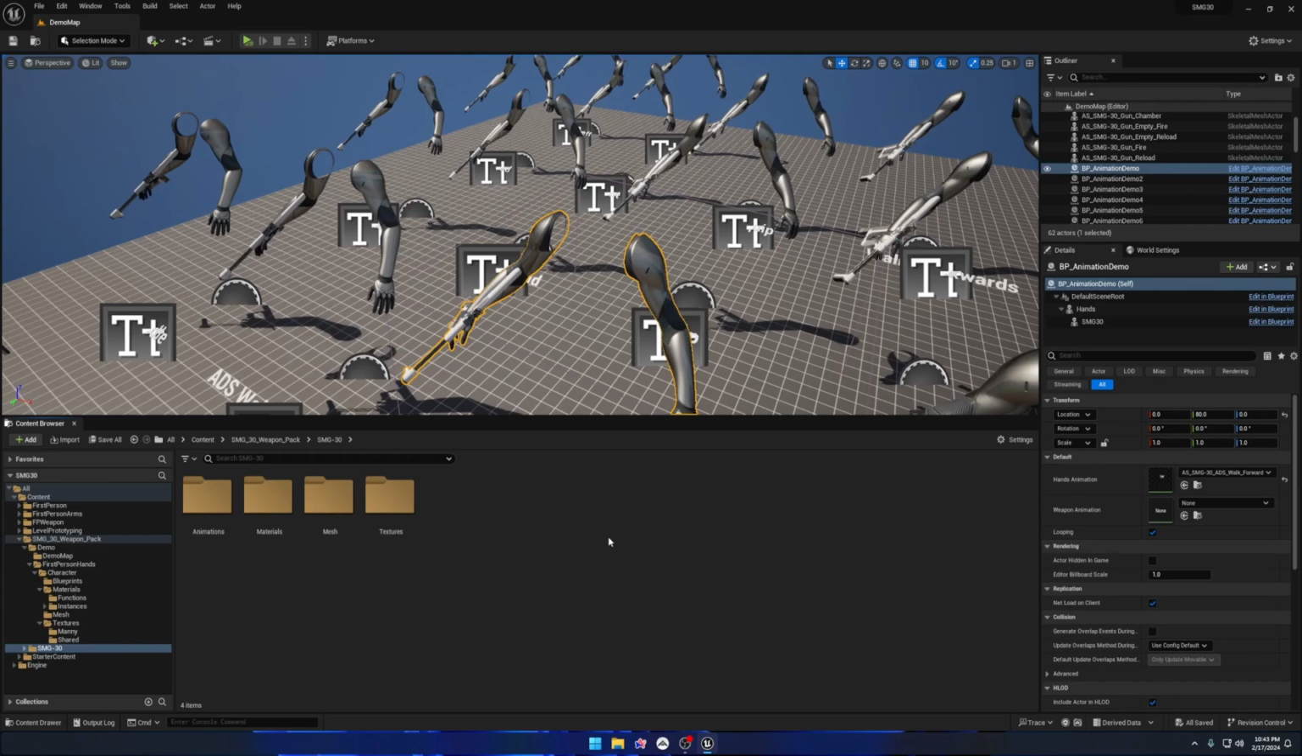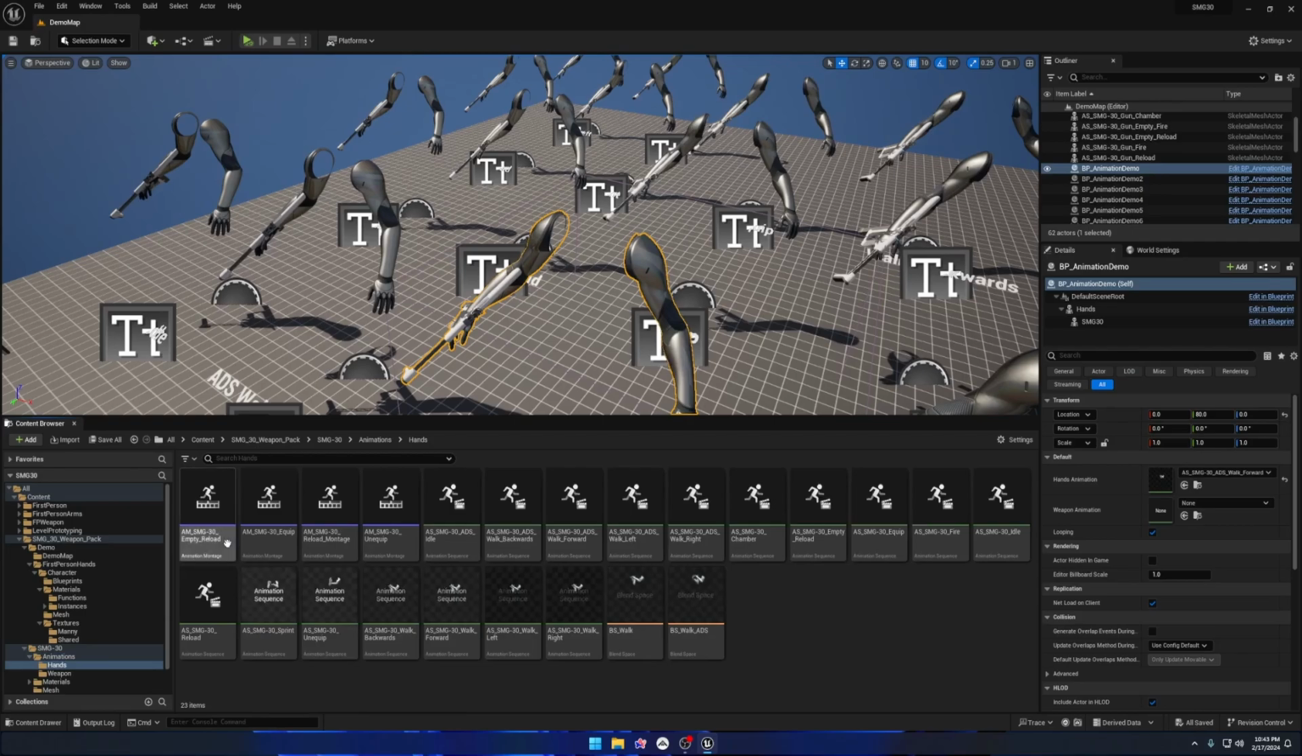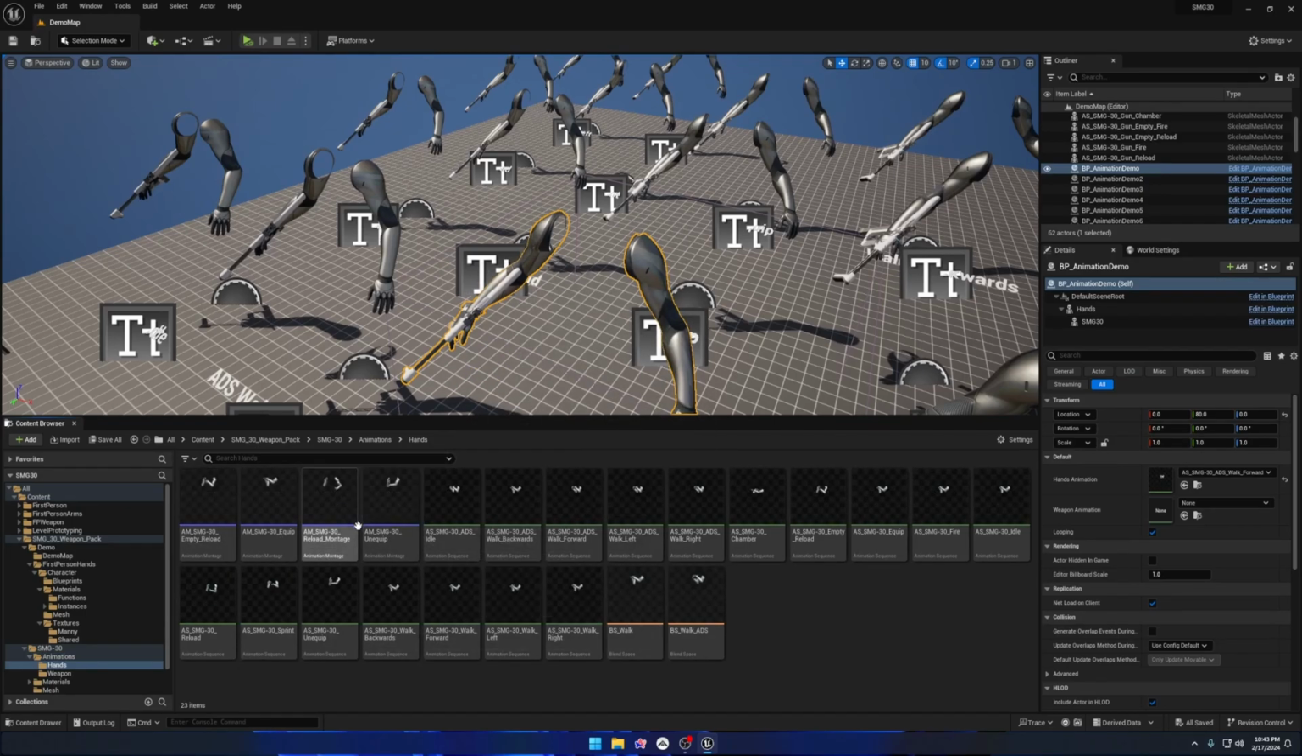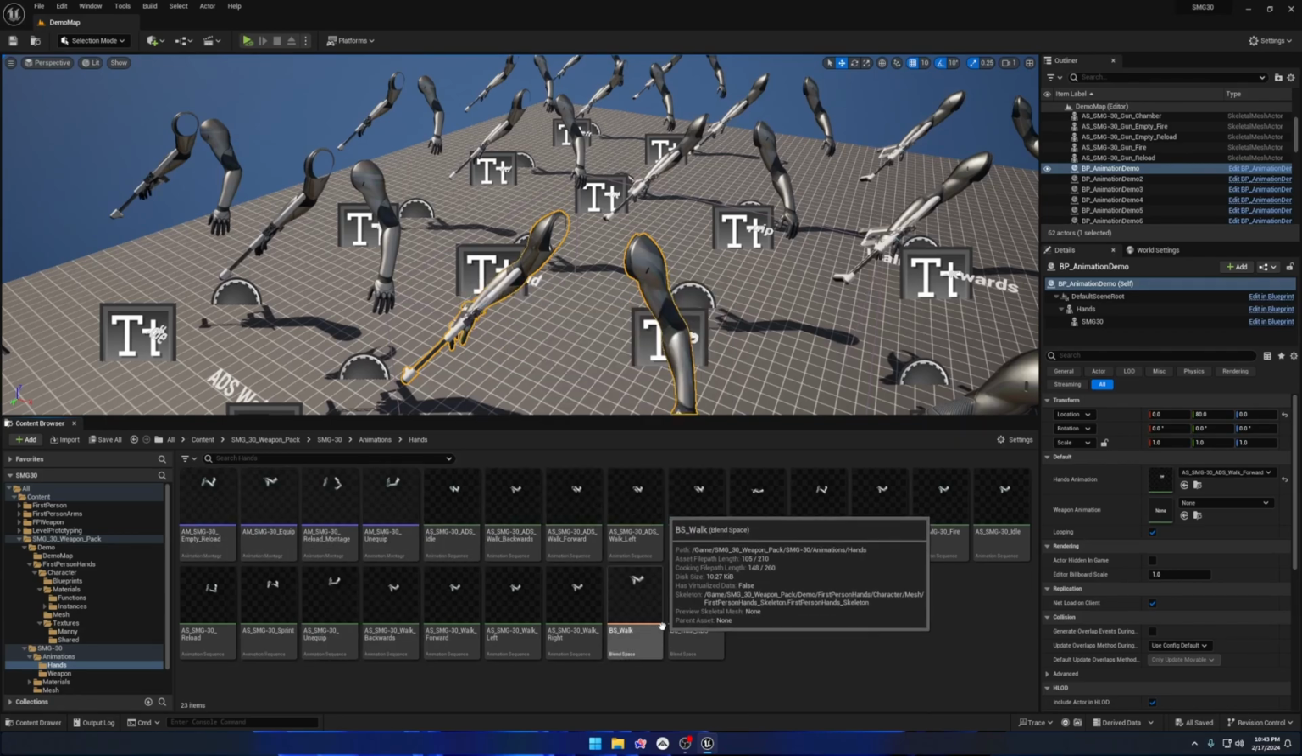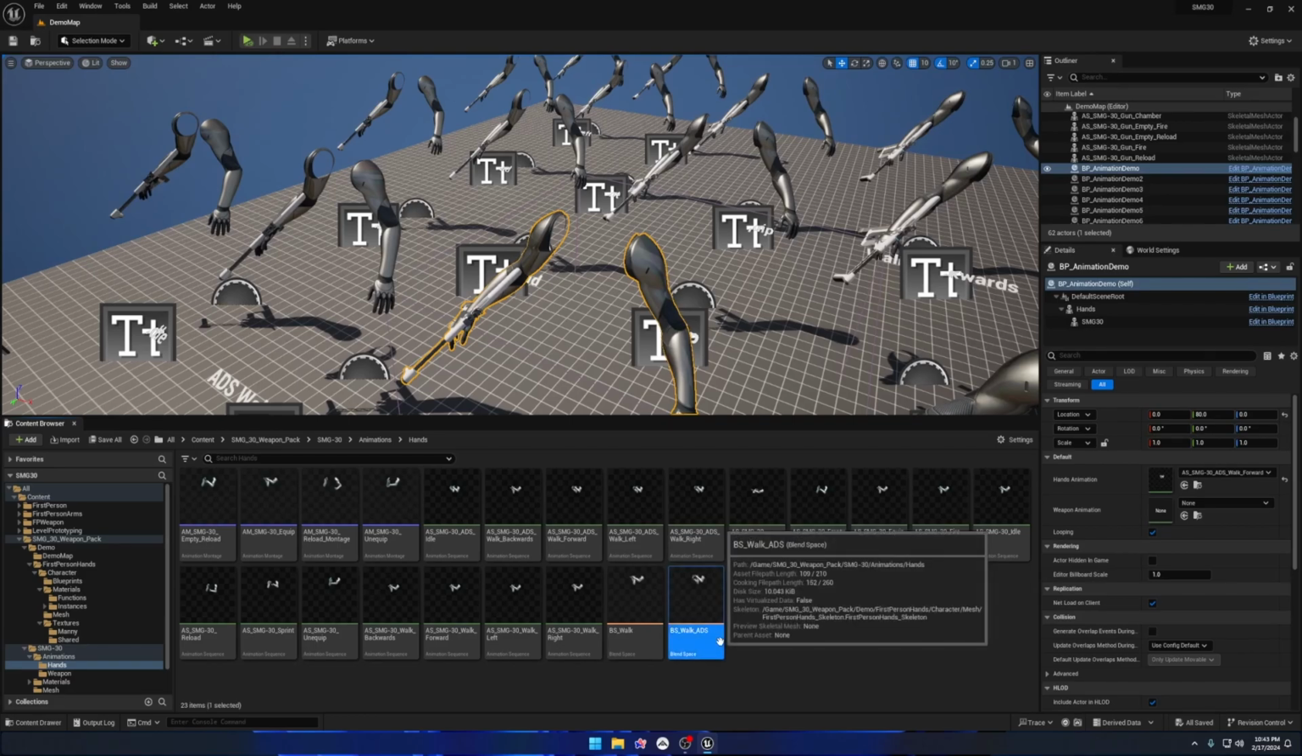In here, you'll find a couple things, and they're quite obvious. The animations, the materials, the mesh, and the textures. Let's start with the animations. In here, you'll have your hand animations, which are broken up into 3 different types: the montages, the sequences, and the blend spaces. Blend spaces like walk and walk ADS,